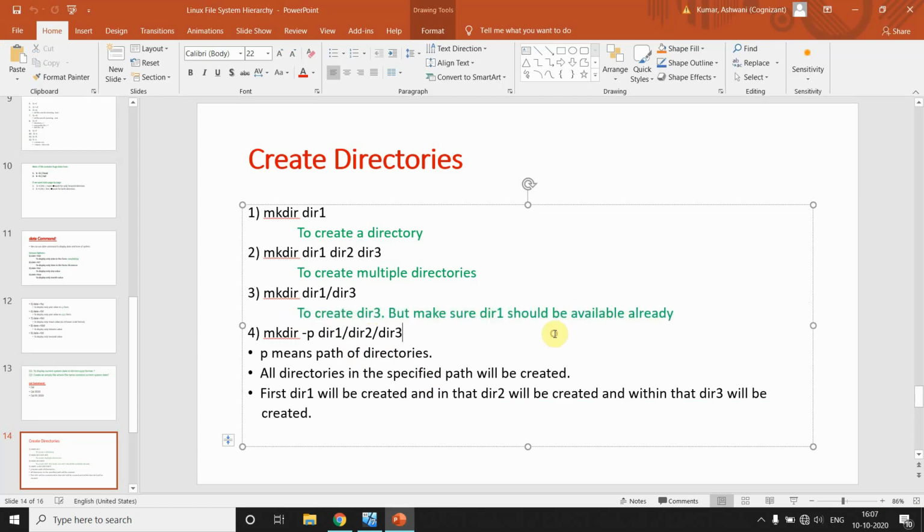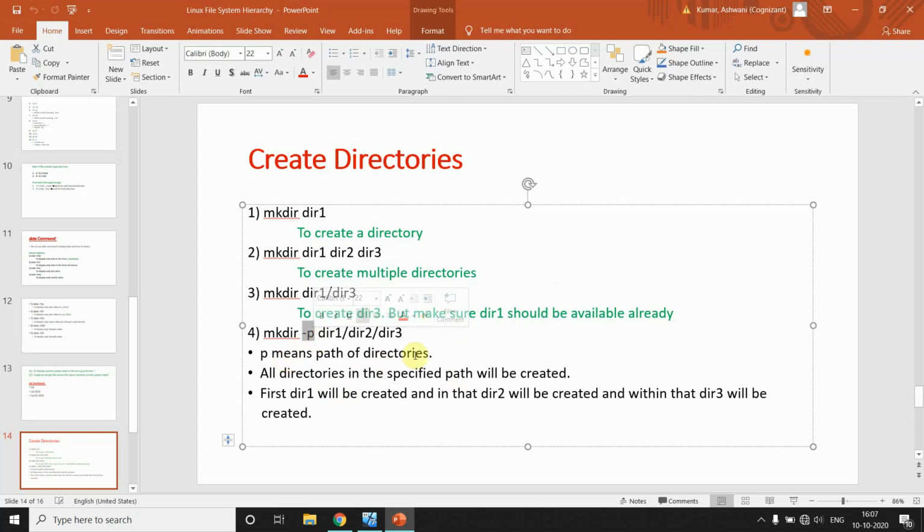Just a point to be remembered, which I highlighted, because we have to take special care in this case if we want to make a directory inside a directory. Let's suppose I have to make one directory dir, inside that one directory dir2, inside that one directory dir3. So what we're going to do here is use option p.